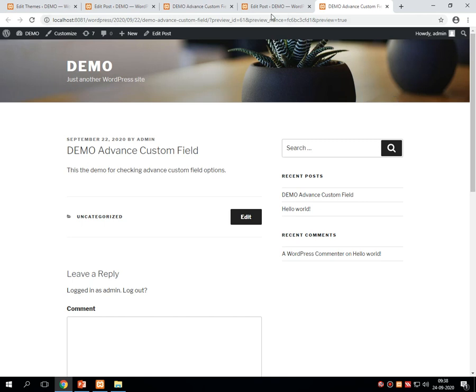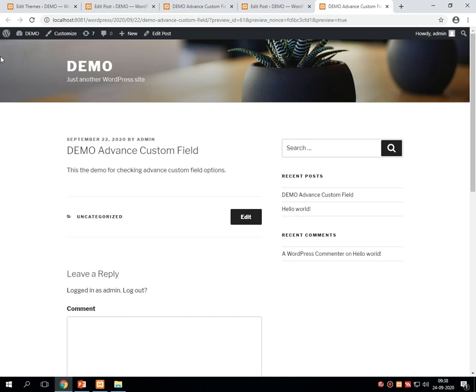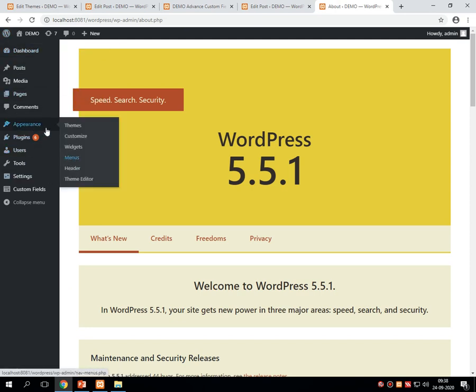For that, what we have to do now, focus. First of all, you have to go into the dashboard, then select appearance and theme editor.